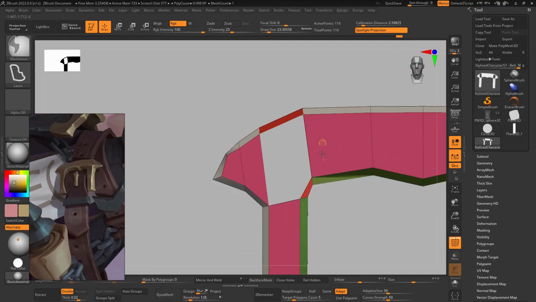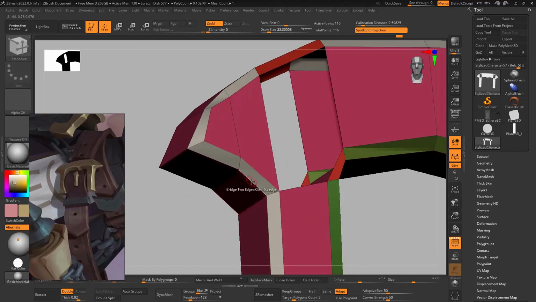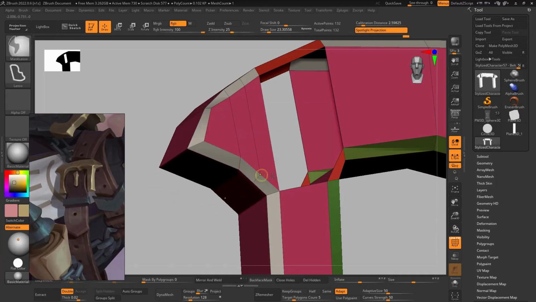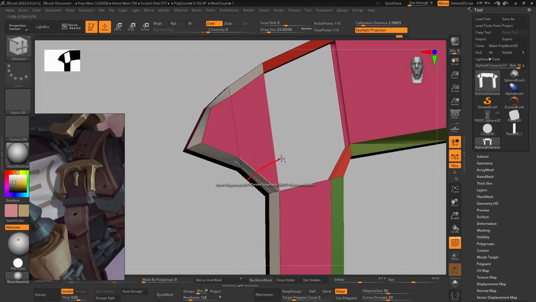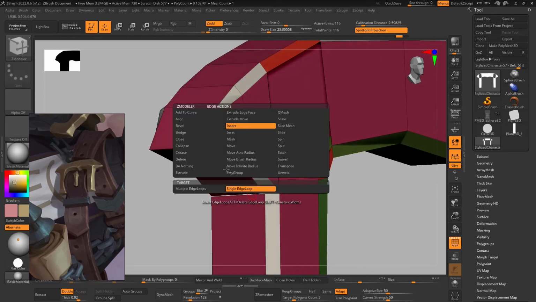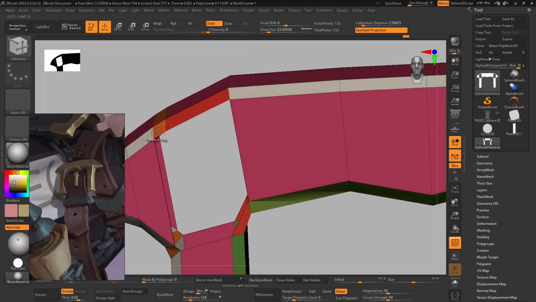Same part here, bridge. 1, 2, 3, 4, 1, 2, 3, 4, 5. Maybe if I add a loop here, maybe something like to connect this way. Let me think, and if I use a bevel here, it will not open what I want. Yes, it can be here. Now I can use this stitch